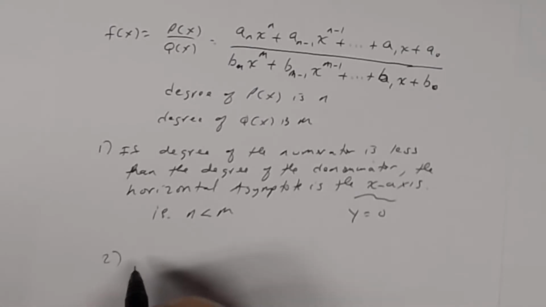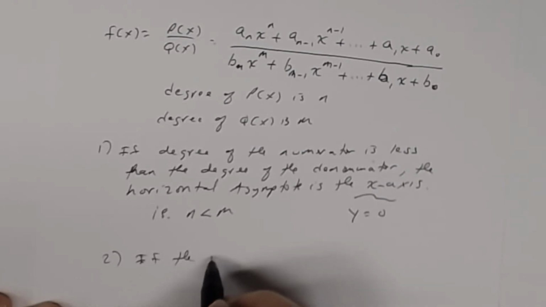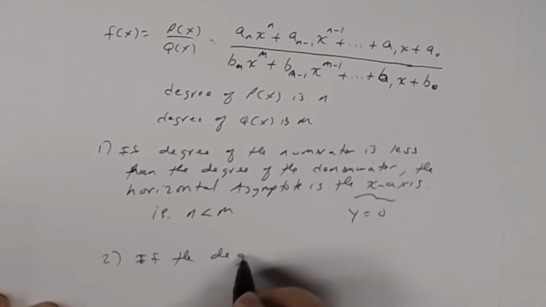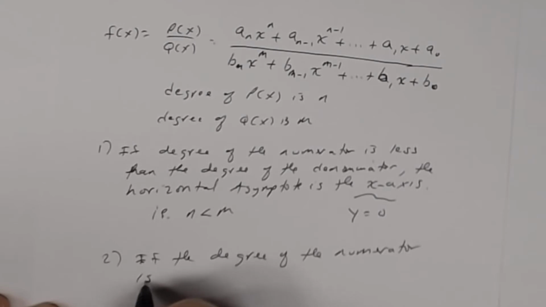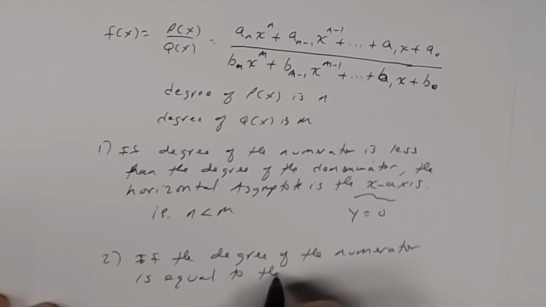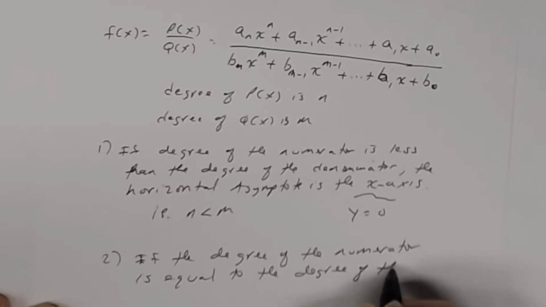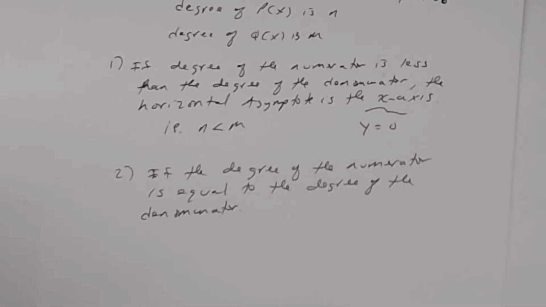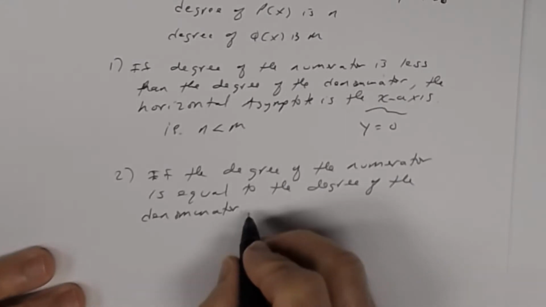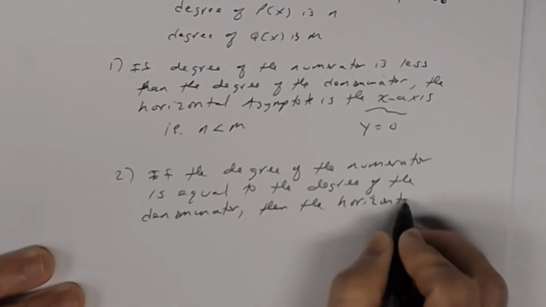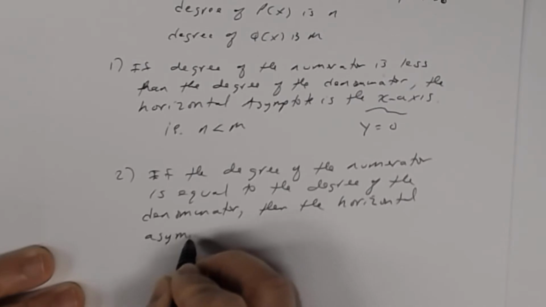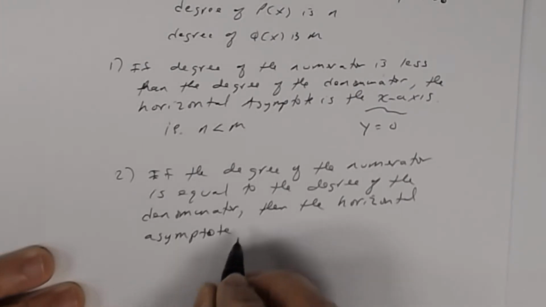So if the degrees are equal, so if the degree of the numerator is equal to the degree of the denominator, then the horizontal asymptote is